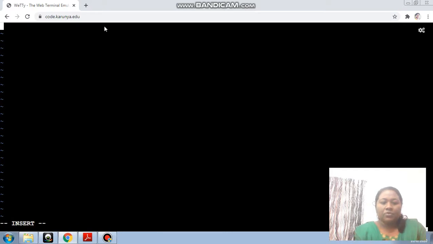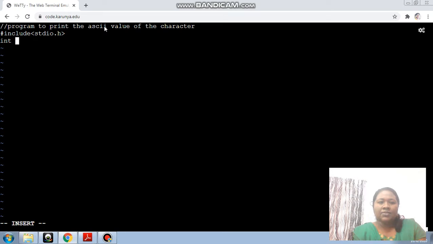documentation part. For this, use the single line comment entry using //, and then you just type the documentation prompt: This program to print ASCII value of the character. The next part is you have to include the header file. We are going to include stdio.h to perform input output operations, and the next is you can start